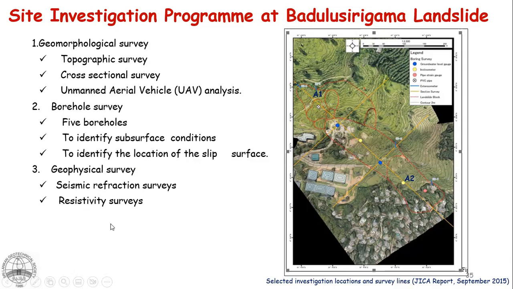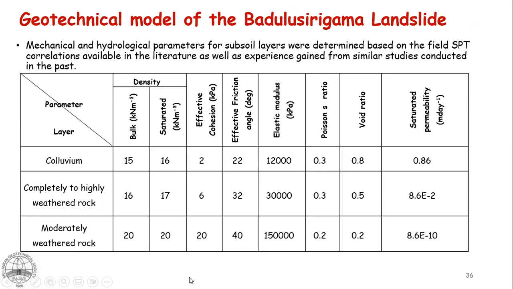So a very detailed investigation, surface and subsurface, was done at this site to identify the landslide slip surfaces and the subsoil profile. It was found there is a thin colluvial layer at the top, and underneath, the residual soil and moderately weathered rock. So these are the established shear strength